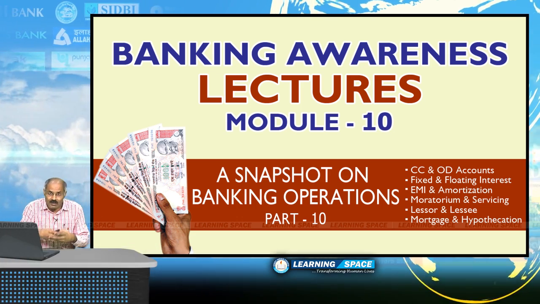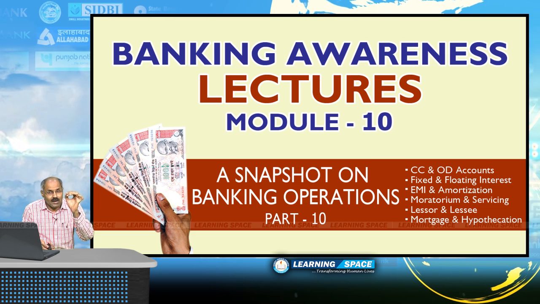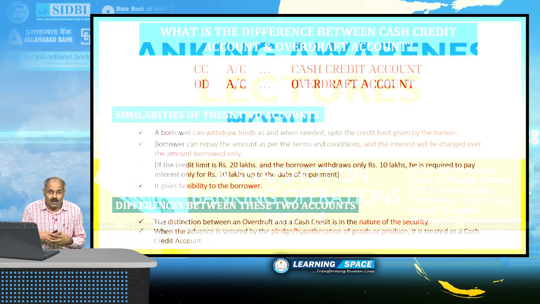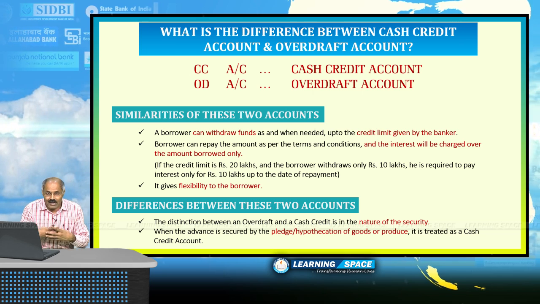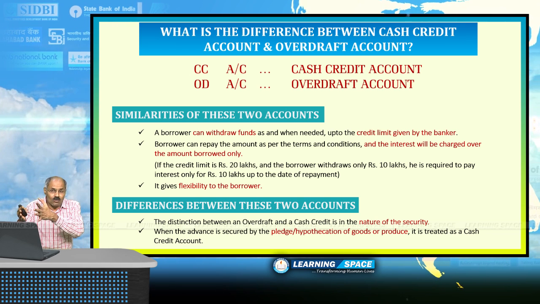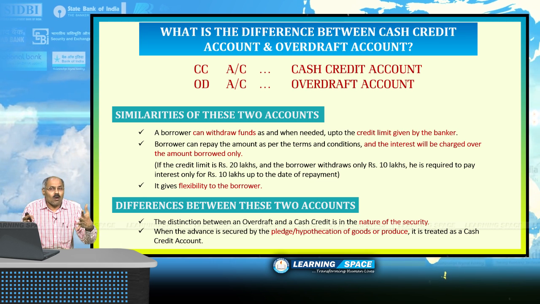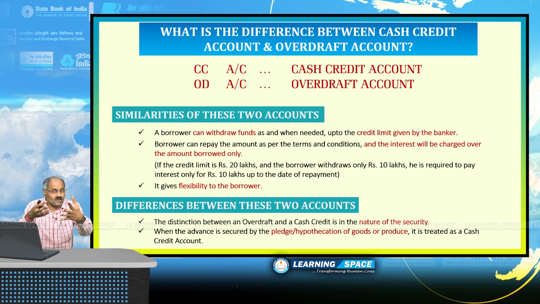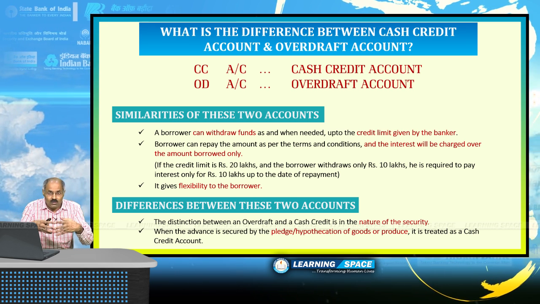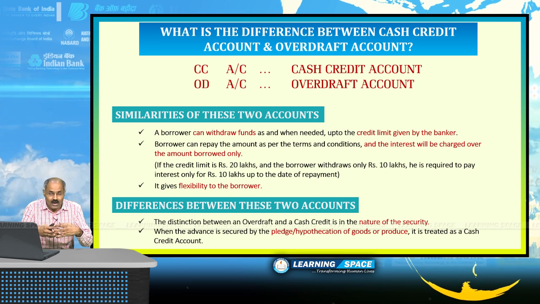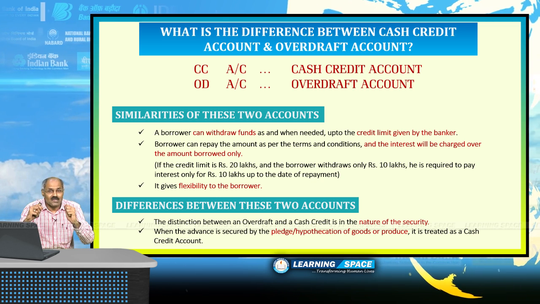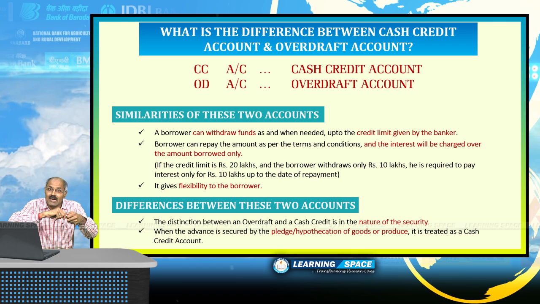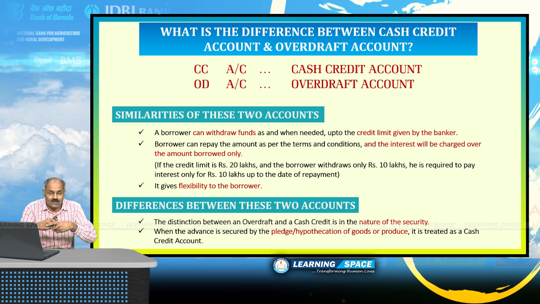These words are very important in banking parlance, and let us look at the difference between cash credit account and overdraft account. What is the difference between cash credit and overdraft? Before going into cash credit and overdraft, I would like to tell you once again, normally we know about various types of loans like personal loan, house loan, mortgage loan, vehicle loan, and these loans are sanctioned and given by the bank at once. The loan amount will be transferred to your account at once, right?